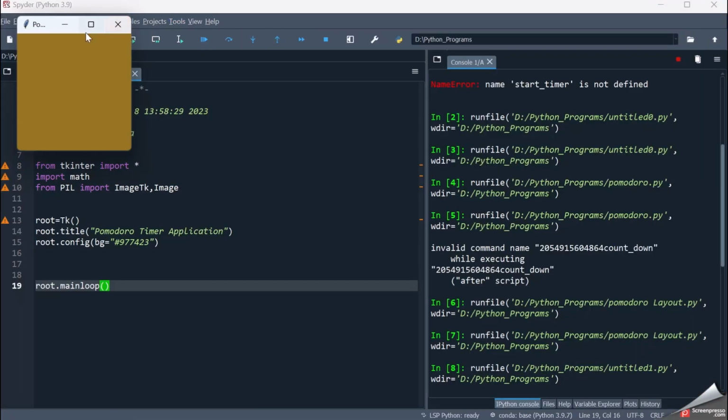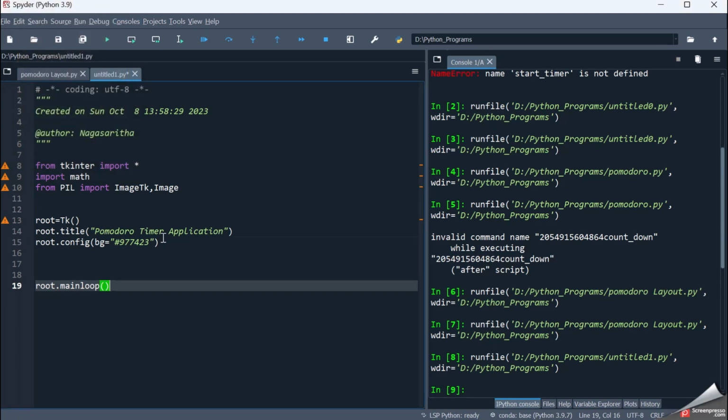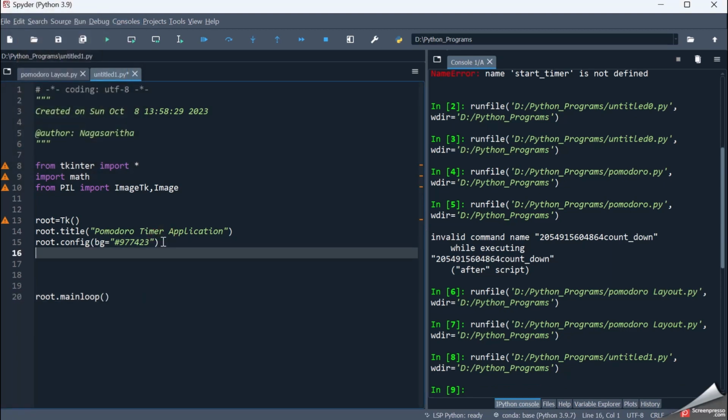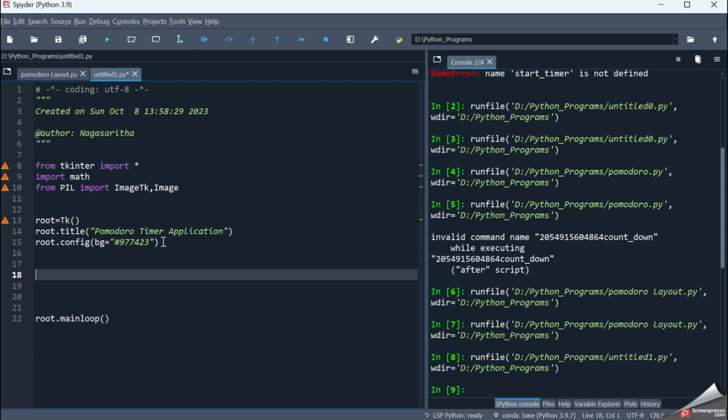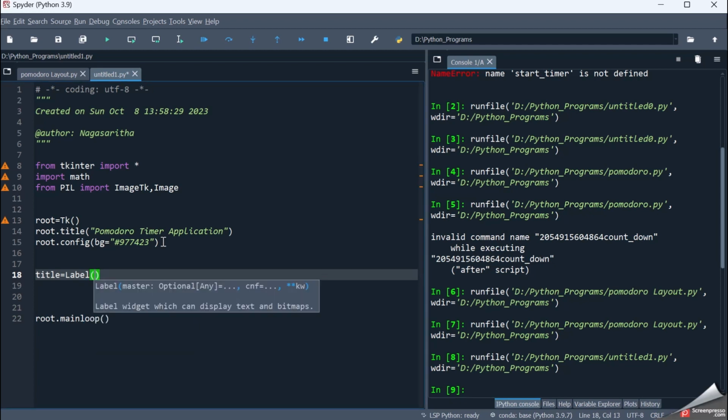So this is the color which it is having. The background color is 977423, which is the hex code for this particular color. Now let me add some widgets onto this particular screen. So initially it is the title, which is a label widget. This I am placing on the root window,